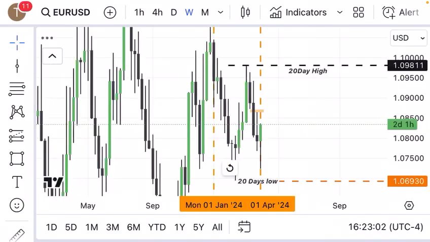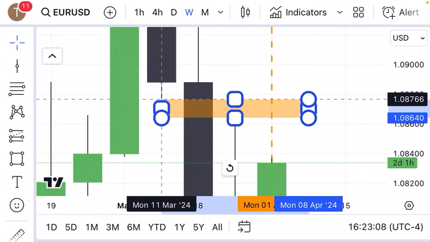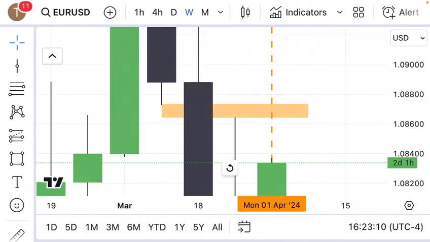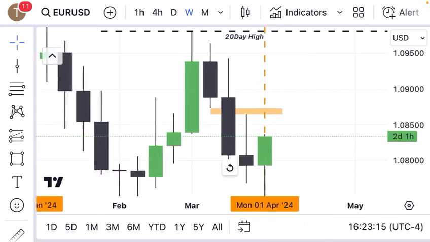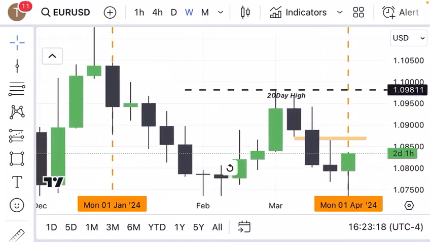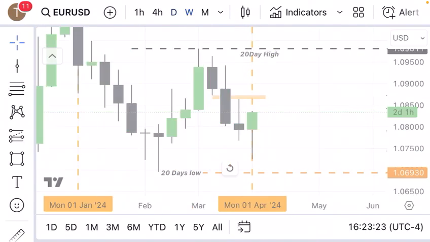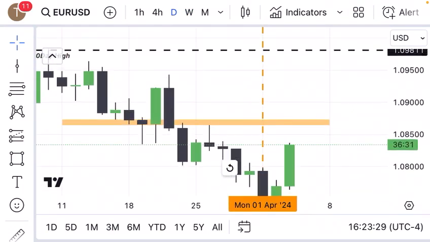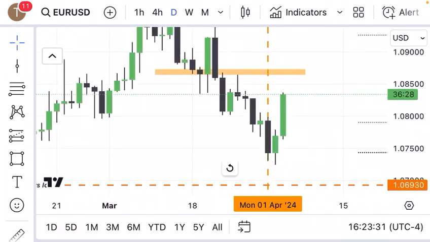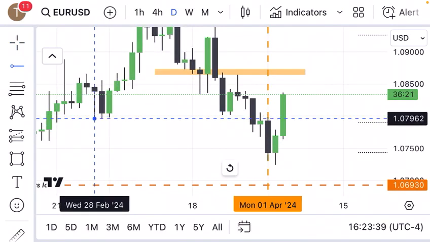When you look at the weekly chart, we have a fair value gap at this level. This fair value gap will be the one that will confirm everything. Because if we do close above that fair value gap, then that will mean that price will likely move higher and move above the 20-day high, right? But you also need to take into consideration that if we start forming fair value gaps on the daily chart moving higher, then we'll be looking forward to a move above the 20-day high,